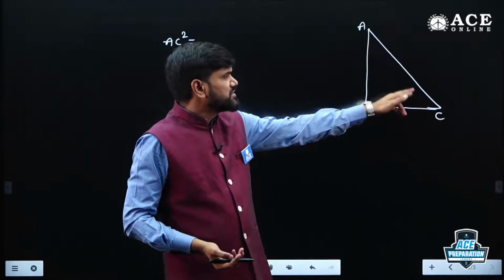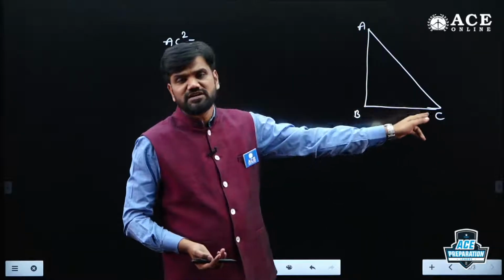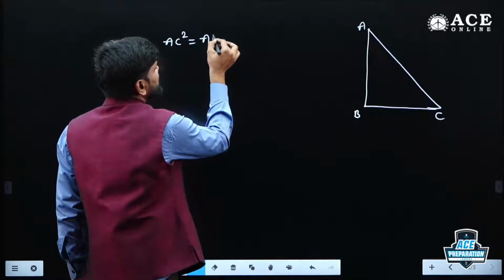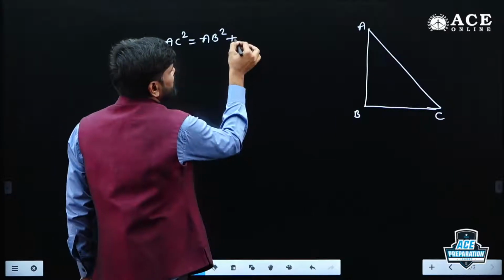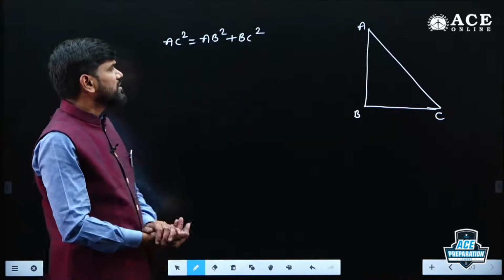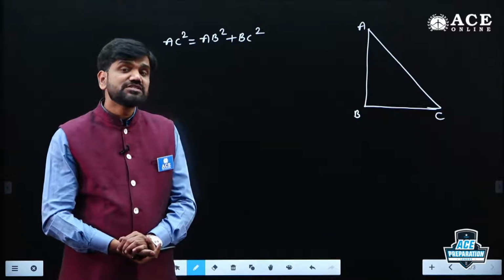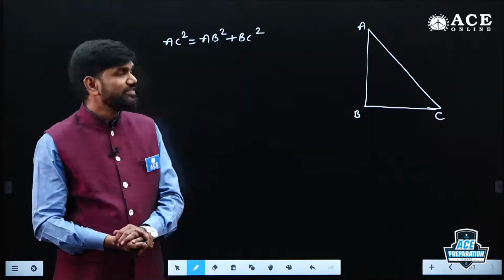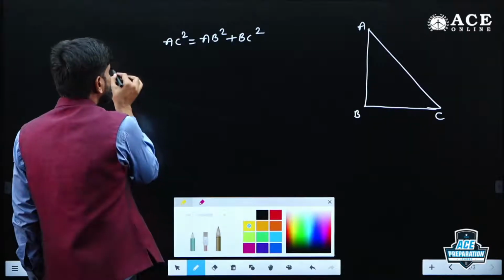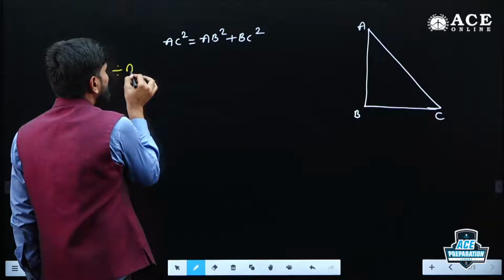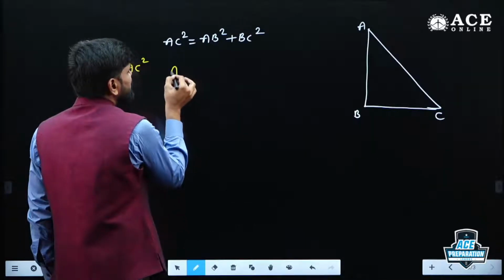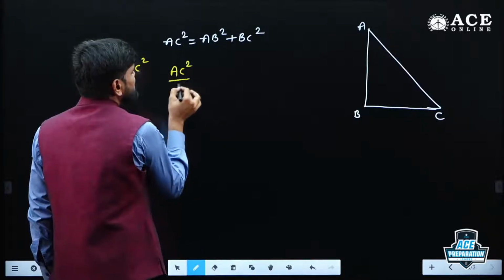Square on the hypotenuse is equal to the sum of the squares on the other two sides, which is nothing but AB square plus BC square. This is what we can say, right? Now if I go for dividing both the sides with AC square, just check, what will it give me? So dividing both the sides with AC square, this gives me AC square by AC square